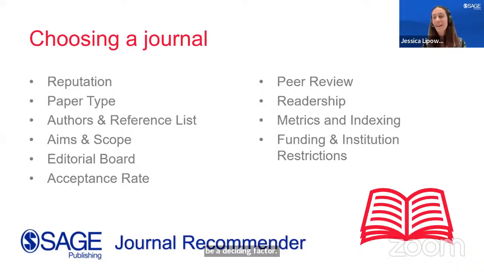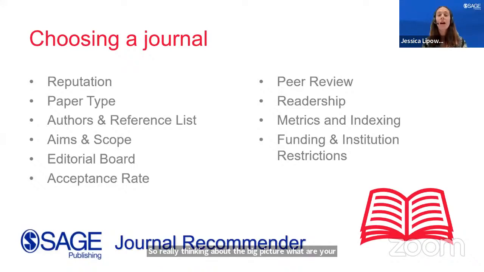We'll have another webinar on this, so stay tuned, but maybe your funder or institution is requiring you to publish open access. You'll want to look for a journal that's either hybrid, allowing you to publish open access in a traditional subscription journal, or you might want to focus on publishing in a fully open access journal to meet those funder requirements. But there are also many options in publishing in a traditional subscription journal, and that is great. Focusing on that readership component might be that deciding factor. So really think about the big picture: what are your institution requirements, your funder requirements, and how does that tie in?